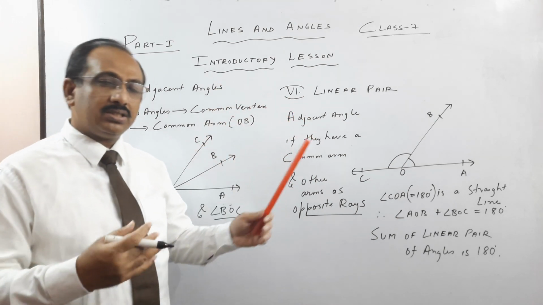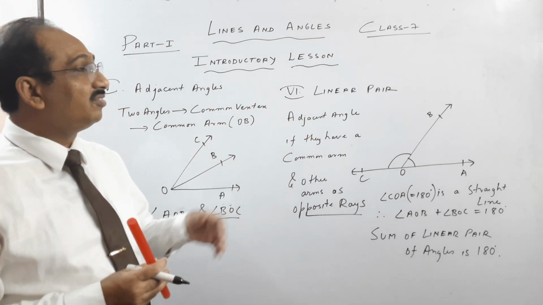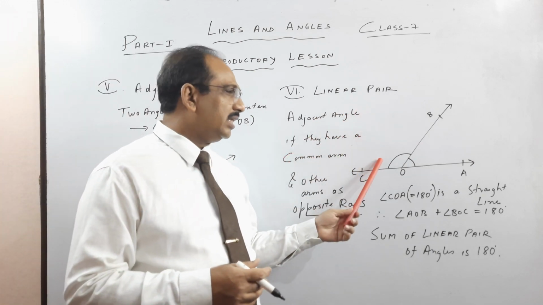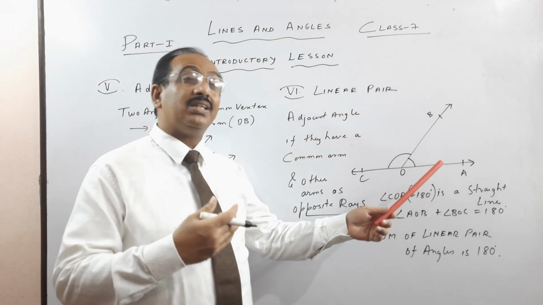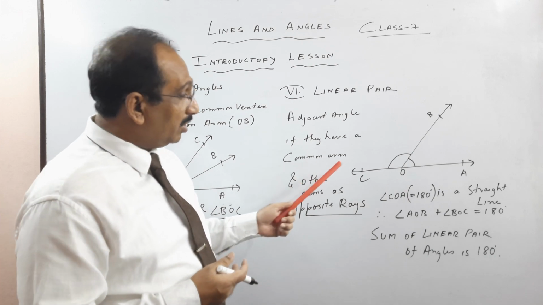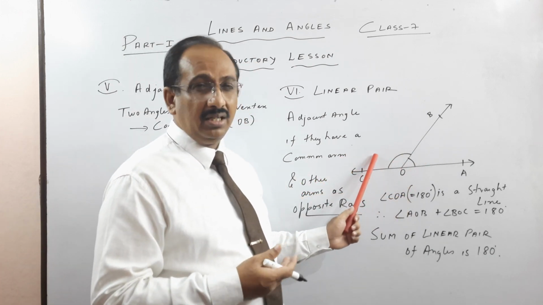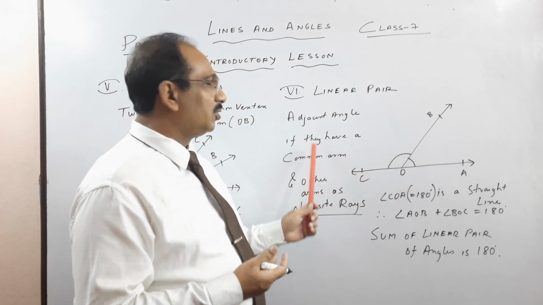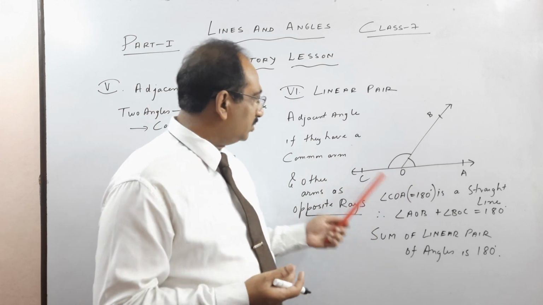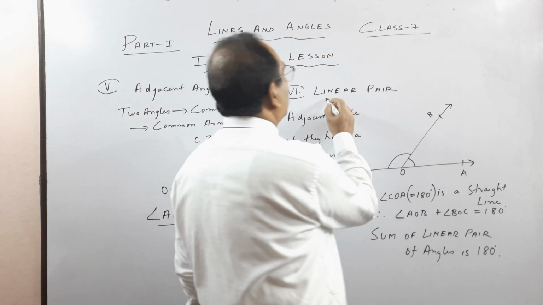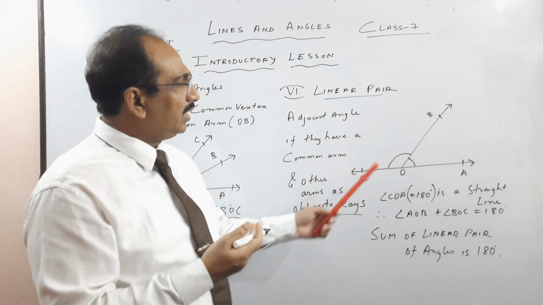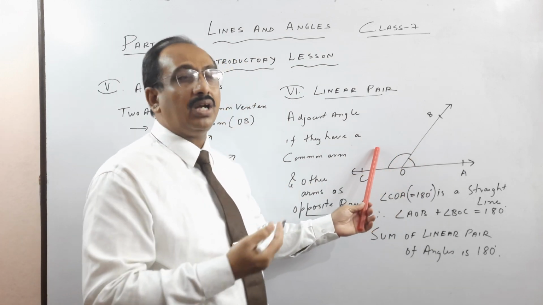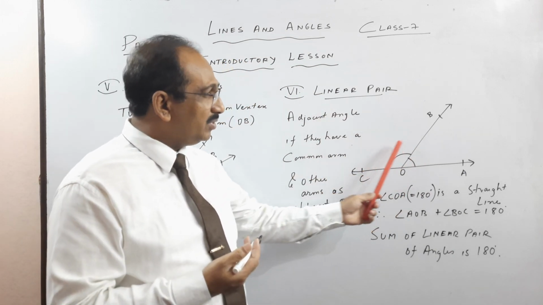This linear pair, children, is very frequently used together with the straight line angle. Actually the straight line angle is also 180 degrees, but there can be more than two angles. But when two angles make 180 degrees, we also call them a linear pair. Also you will see some teachers and some books use this concept of linear pair. So next I'll take the straight line angle. Straight line angle is 180 degrees. You can have a number of angles, but linear pair means two.